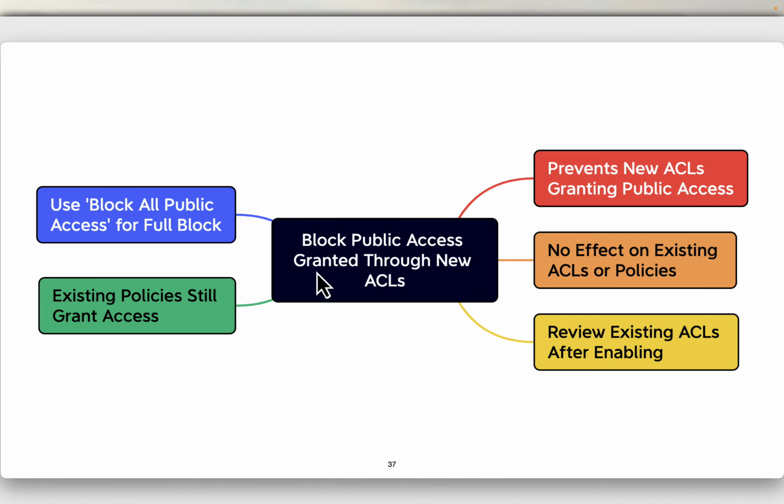Block public access granted through new ACLs. This feature prevents the creation of any new access control list (ACL) that would grant public access permissions either to a bucket or object. Enabling this option does not affect any existing ACLs or policies. Therefore, any current ACLs or policies granting public access will remain unaltered, and public access to the corresponding resources will